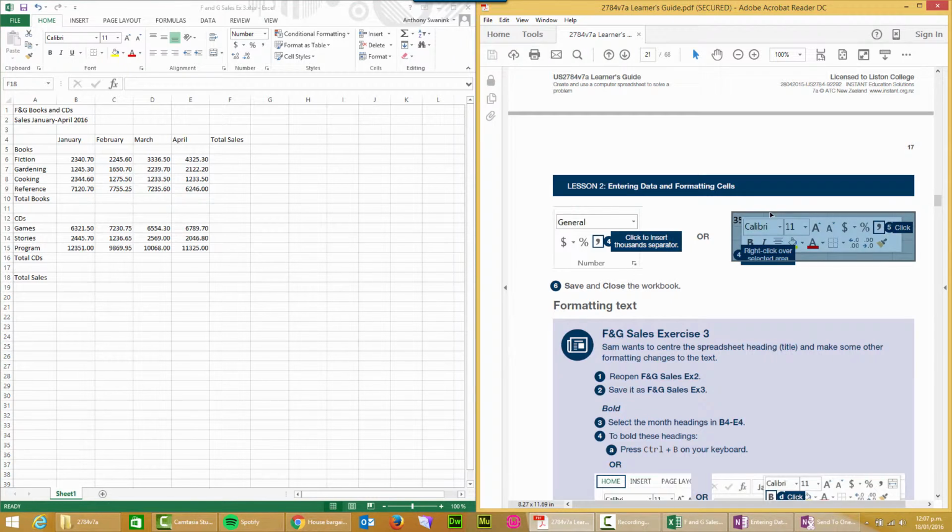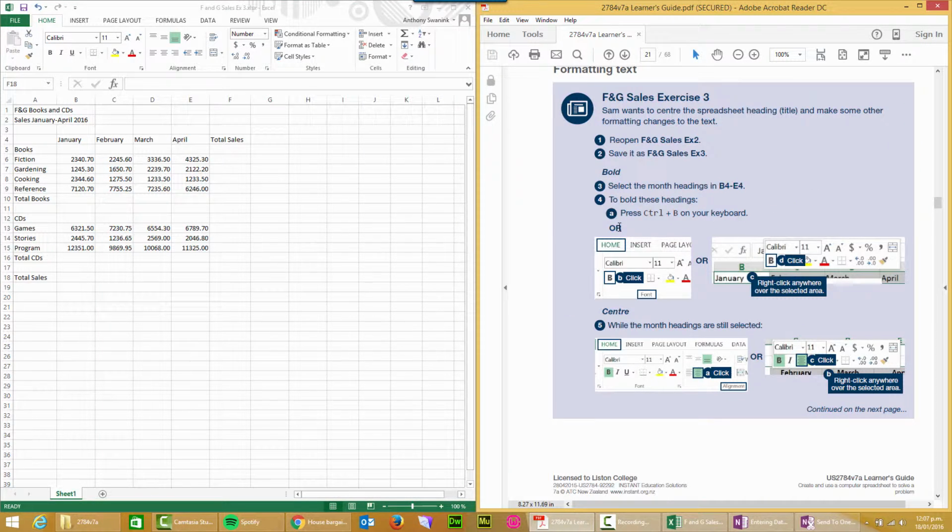Save that. Now the key things they're talking about here are selecting the months, and making those bold by clicking on the B here, or you can go Control B on your keyboard and Control B again to undo that, or use the bar here. Okay, and we're wanting books and CDs to be bold, italic and underlined. So how do I select that cell and that cell without selecting everything in between? Well, you click on that cell, hold down the Control key, and then click in that cell, and we want it bold